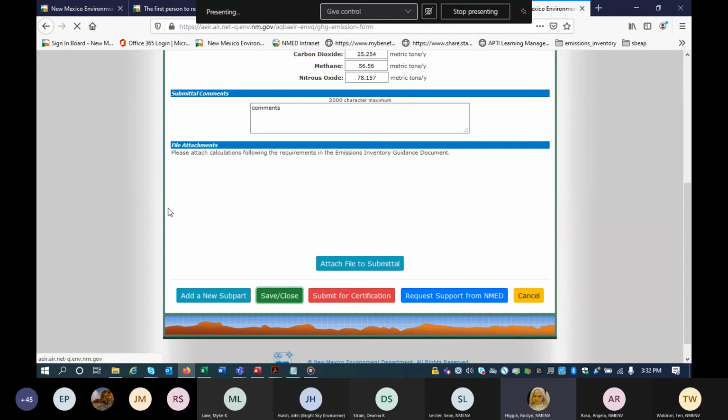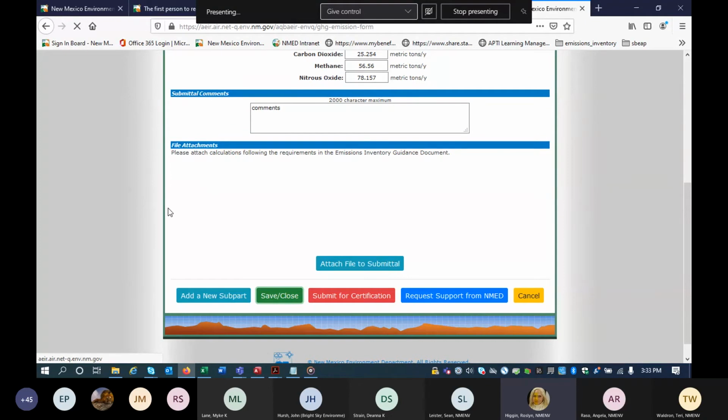That way we have a better idea of what is happening in the state of New Mexico. And we know that EPA requires their greenhouse gas information to be submitted by company by basin, with a total of 25,000 metric tons CO2 equivalent thresholds.